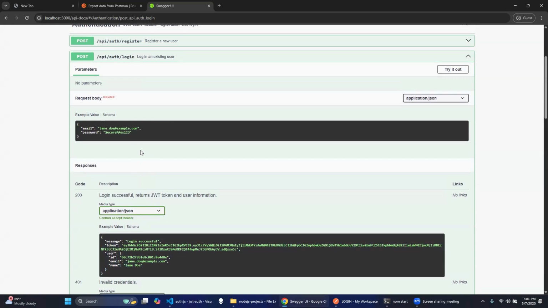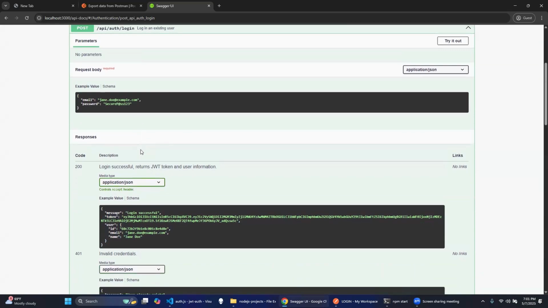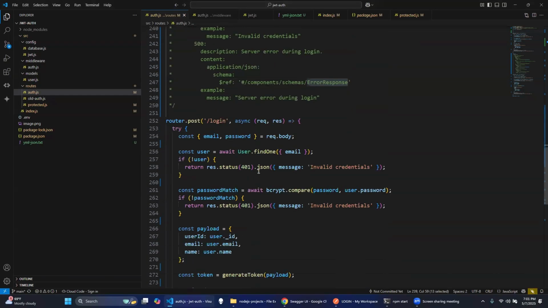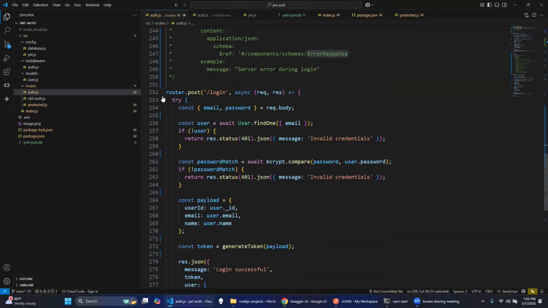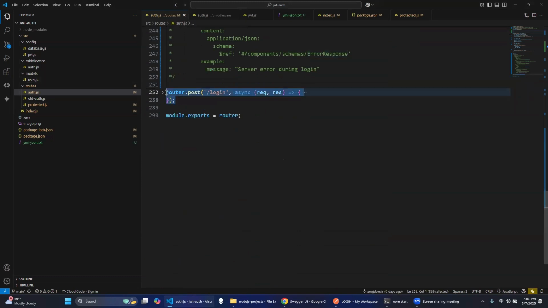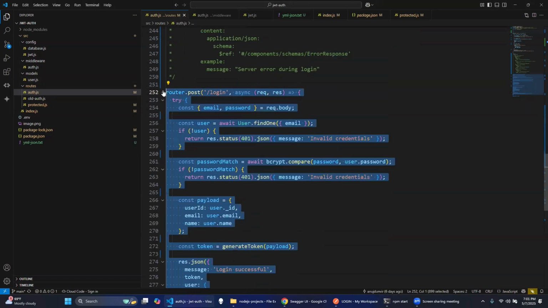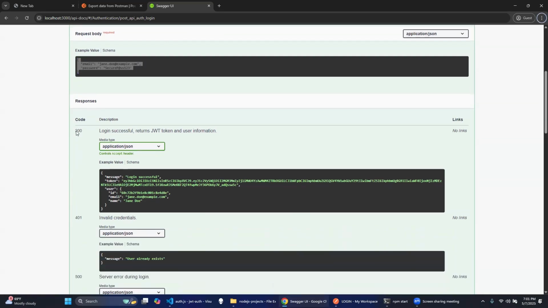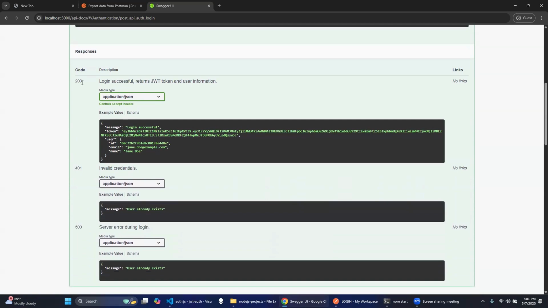So even before I run the API, by just looking at the Swagger UI, I can understand the entire documentation for this code that starts from line 252 to 288. How should I be working with that code? By providing this kind of credentials. And what should I expect as output of that code? I should expect a 200, 401, or 500